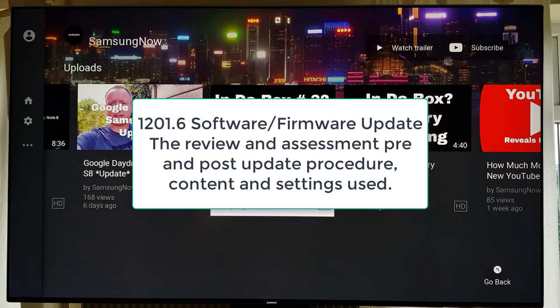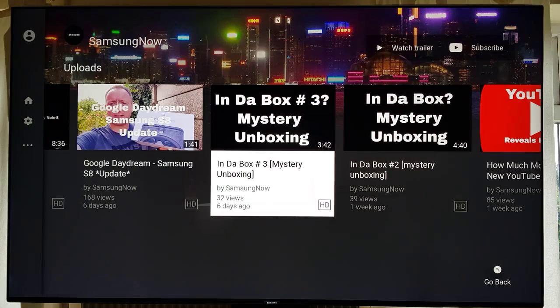Now today, thankfully, we finally have the new update for the firmware and software of the KS series of TVs. Now, like before, I'm going to do a pre-assessment using 1180.5 and then we'll update to 1201.6, which is the new software update for the KS series of TVs,